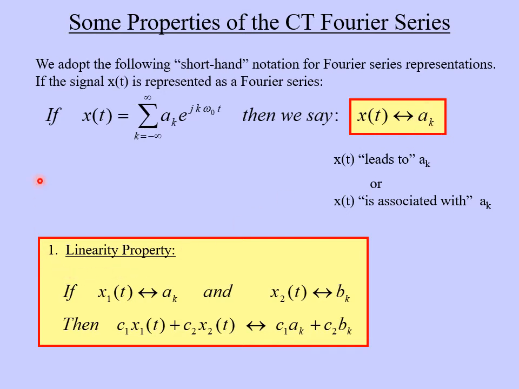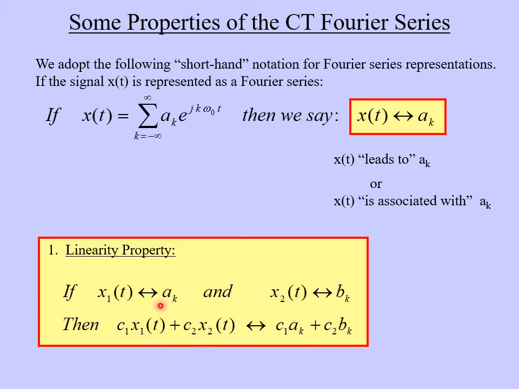So our first property that we're going to discuss here is just the linearity property. So if x of 1 is associated with a sub k, and if another signal x of 2 is associated with the Fourier coefficients b sub k, then let's first scale x of 1 times some coefficient c1, and add that to x of 2 multiplied by some coefficient c2, then by linearity, the output of,